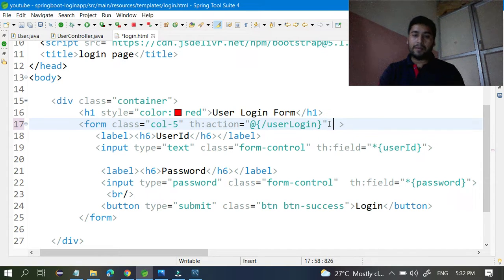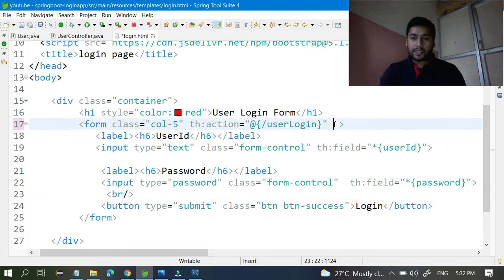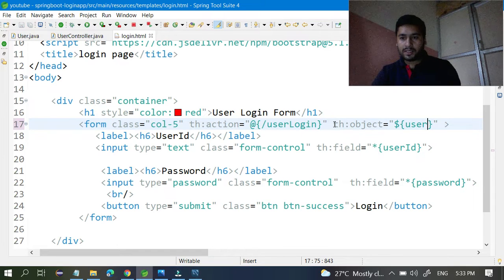So for this you have to write th, this is the Thymeleaf concept, th:object, this is one of the objects inside the form, object equal to, you can assign anything, write anything like ${users}. Once you do this, your form is completely valid,